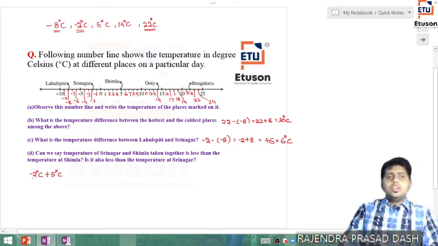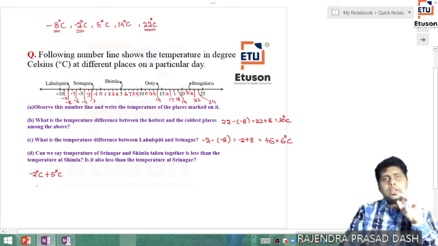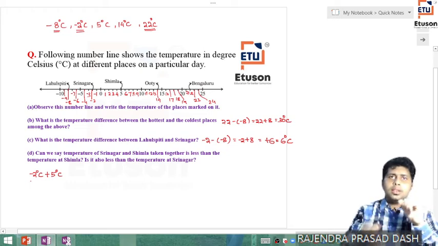Right. So here one positive integer is there, one negative integer is there, and whenever there is one positive integer and one negative integer, and we have to add them,